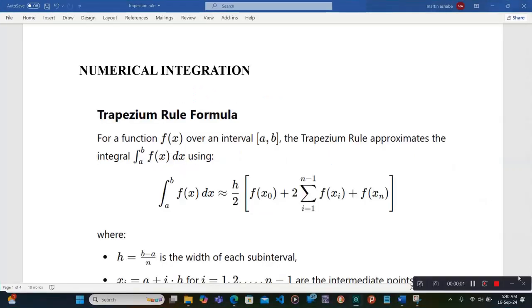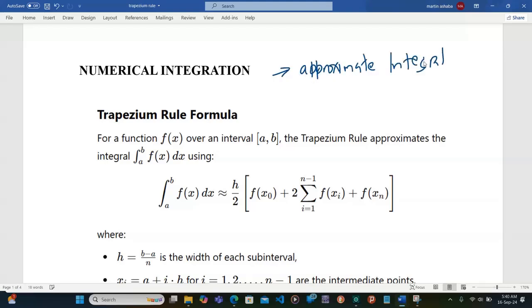Hello YouTube. In this discussion, we are going to be looking at numerical integration. Numerical integration looks at an approximate integral, whereas direct integration looks at the exact integral. So what does numerical integration help us to do? It helps us to approximate the area under a curve,